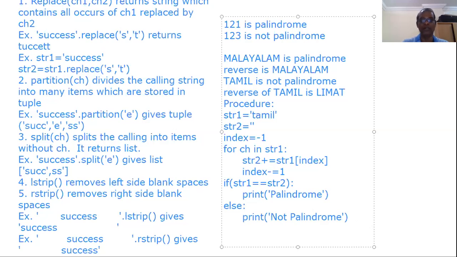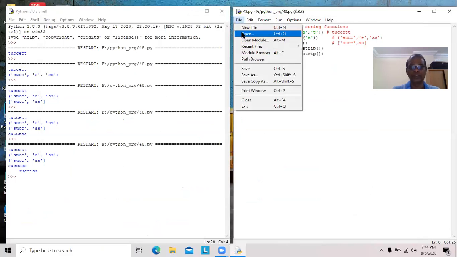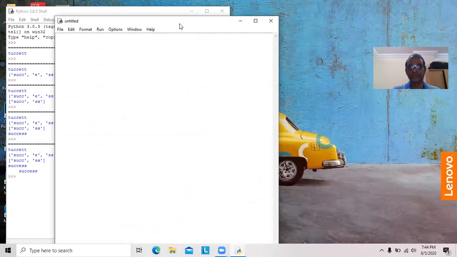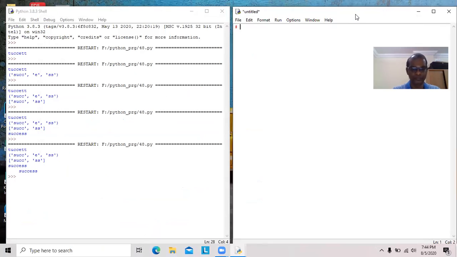Okay. Now we will write one program to find out whether a string is a palindrome or not.